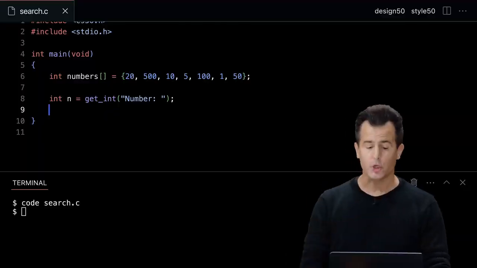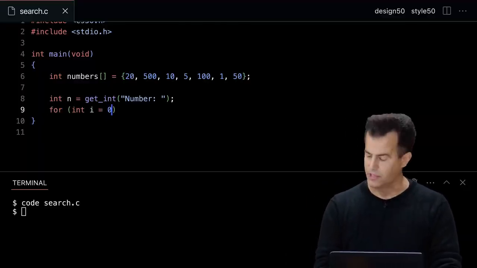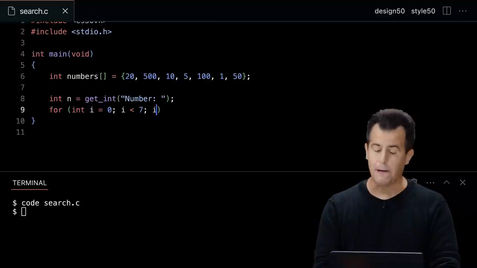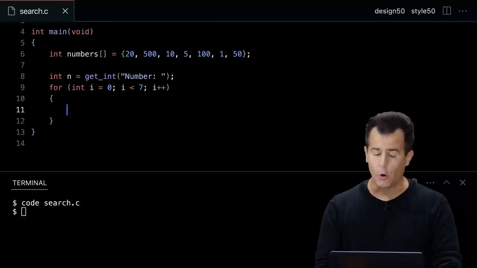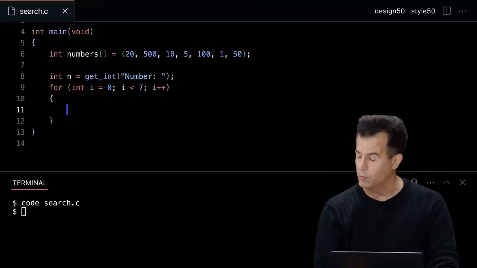Why? Because I could use like 7 conditionals, and I could say if numbers[0] equals this value, then return true. Else if numbers[1] equals this number, then return true. But that's not very general purpose. If we're going to have all of these conditionals, let's just have one that asks the same question by just changing some variable. And a for loop is often the paradigm. So for int i equals 0, i less than 7, i plus plus, and this code alone sort of sets me up to implement what our first volunteer did from left to right with the lockers.